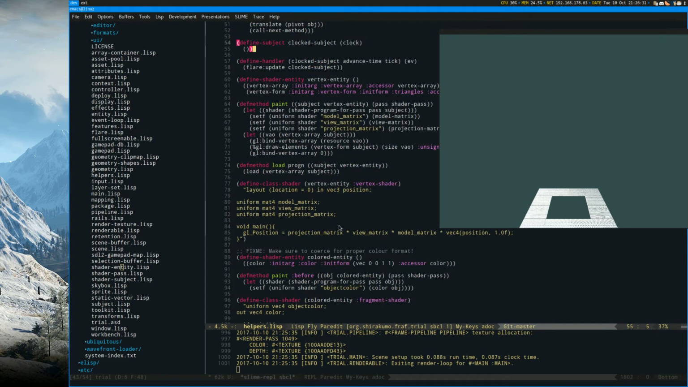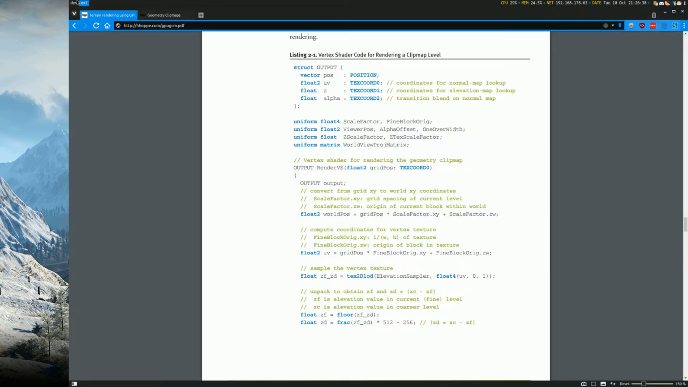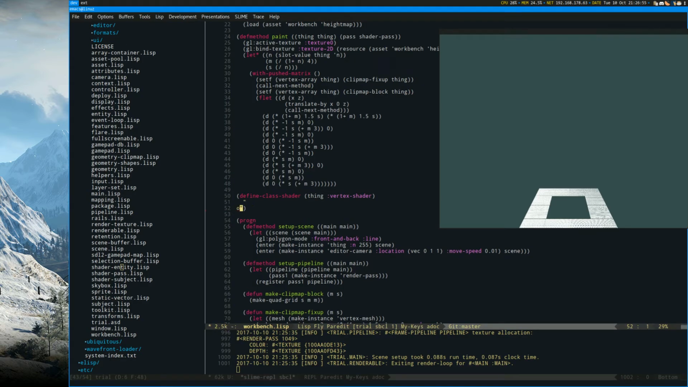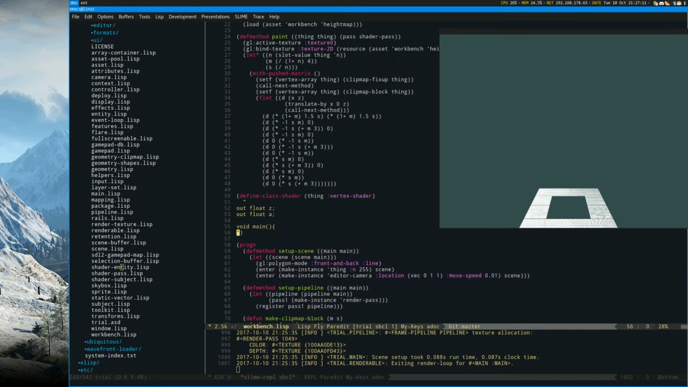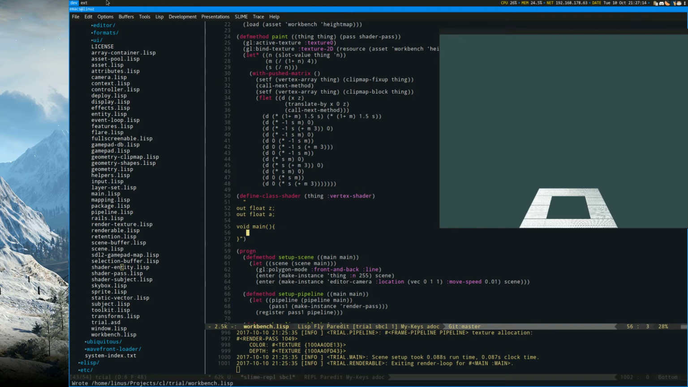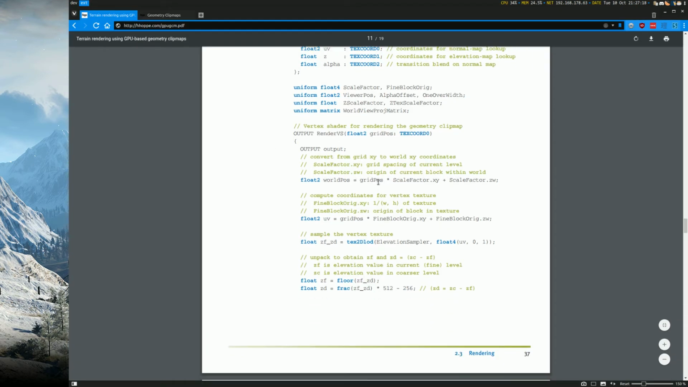Wait, how does the thingy work with the thing? Oh, it's gl_Position, right? Gotcha. What else do we have? Coordinates for elevation map lookup. Transition blend or normal map. Okay. So we have an out float for Z. And then the gl_Position is already done for us, which is not quite right yet because we don't actually